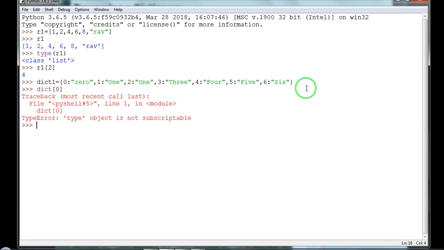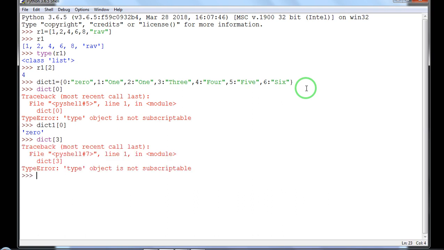The name of the dictionary was DICT1, so I have written DICT1, and whichever value the key is referring to, it will display that value. DICT1 of 3, so 3 is referring to the value 3. DICT1 of 2 is referring to 1.